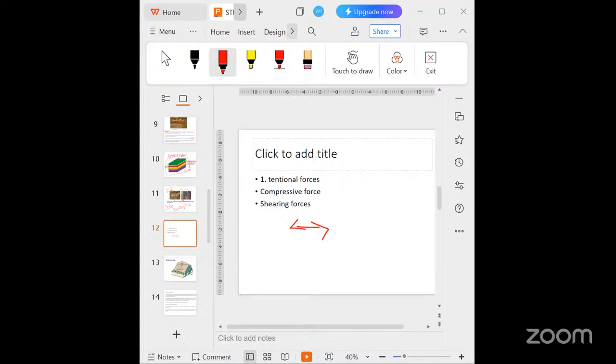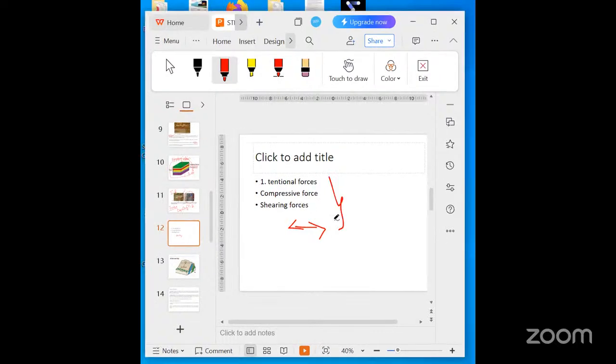So if a rock mass is subjected to directed force for a short period of time, it usually undergoes these three stages of deformation, right? Initially, the deformation is elastic, and on withdrawal of stress, the body returns to its original form. The limiting stress is called the elastic limit.